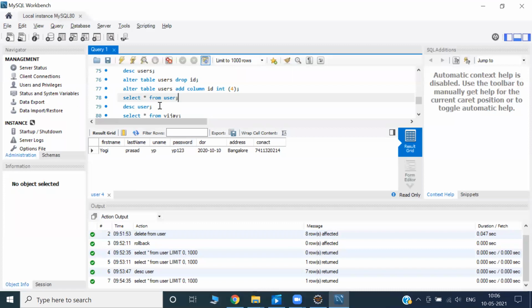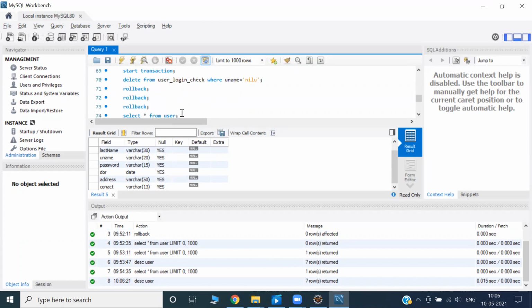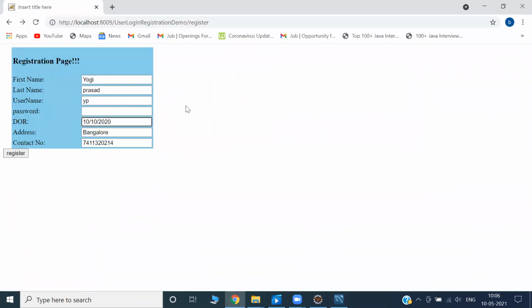If I describe users, for the database the date is a little different. It's completely different. It is first year, then month, then date.